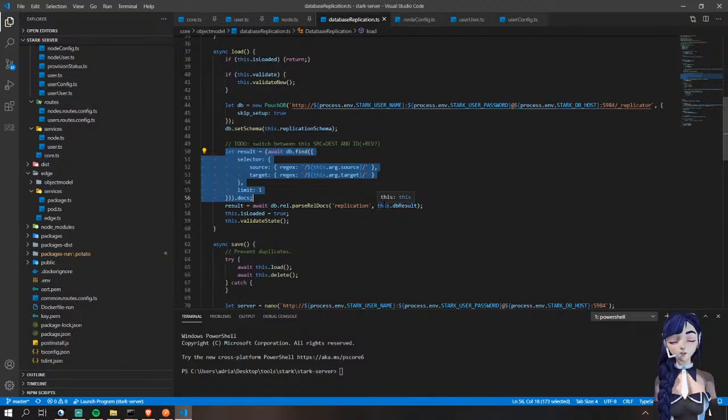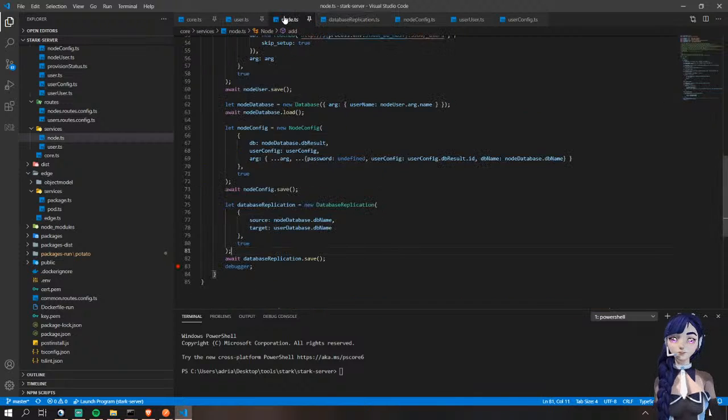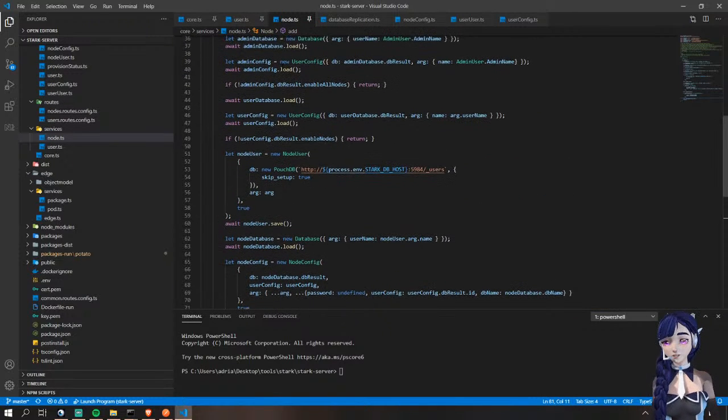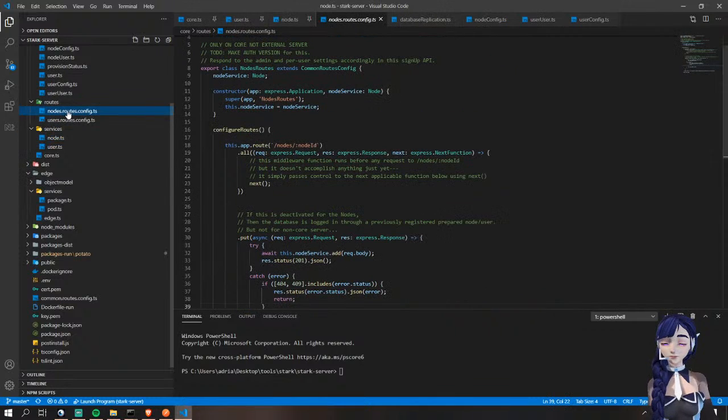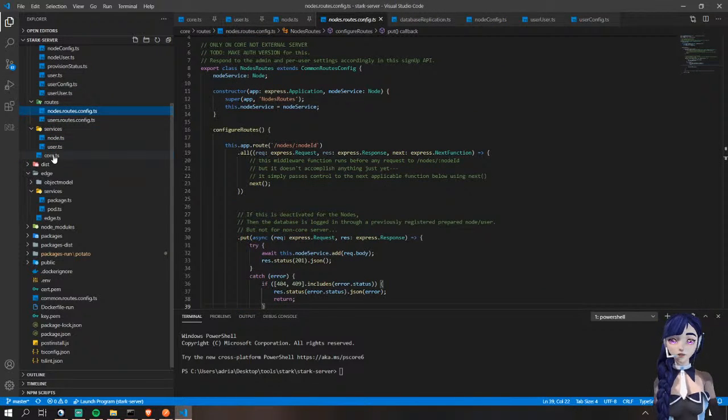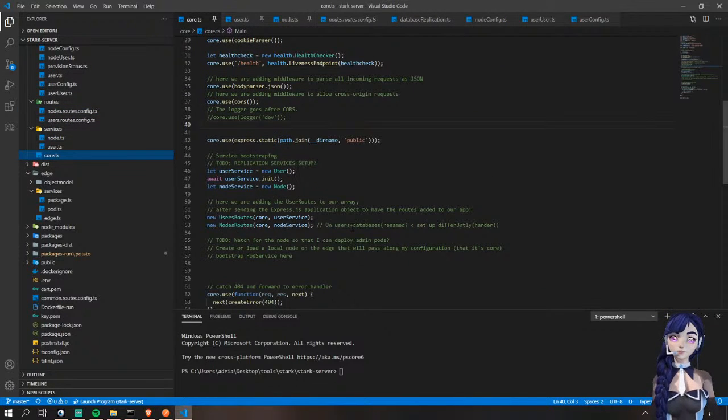I don't know how I would go about figuring out stopped replications. I guess they never really stop unless there's a terrible error. But once that's done, then I can think about this routes, not even routes, I can think about the